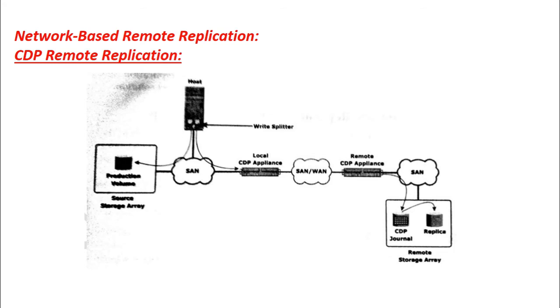The data is then compressed and a checksum is generally generated. It is then scheduled for delivery across the IP or the FC network to the remote CDP appliance. The remote appliance verifies the checksum to ensure the integrity of the data. Data is then uncompressed and written in the remote journal volume. As the next step, data from the journal volume is sent to the replica at predefined intervals.